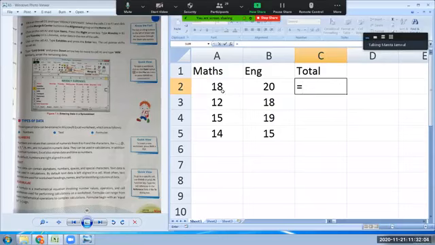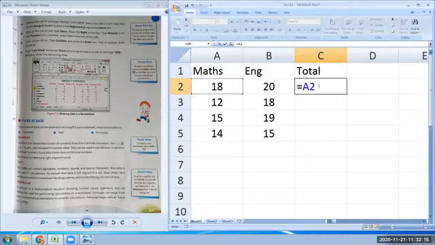The value you want to add or subtract, anything. Now let us say I want to add this in this, right? So I have to write the address of this value. What is the address of this cell? If you don't know the address, you click on it, and the computer will give you the address of the cell automatically. Okay, right, this is A2. Then I want to add it with this, so I will put a plus sign. Okay, and then I will click on this cell. So the computer is giving me the address itself.